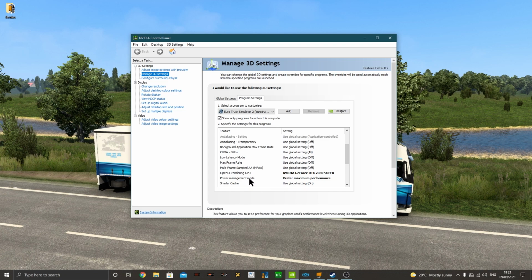The settings I've changed are: I've set the rendering GPU to my graphics card. I've set the power management mode to, I prefer, maximum performance. Use triple buffering on, and the key one is vertical sync on in the graphics card settings. We turn it off in game. We want the GPU of the graphics card to do the vertical syncing. The only other one is pre-rendered frames. I'm just using the global setting, and that is it